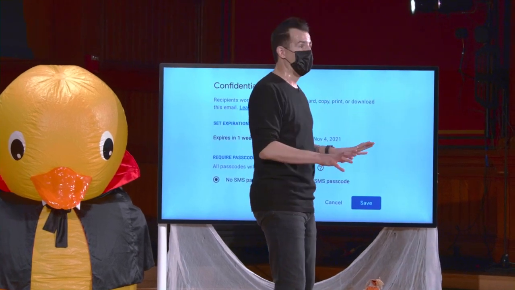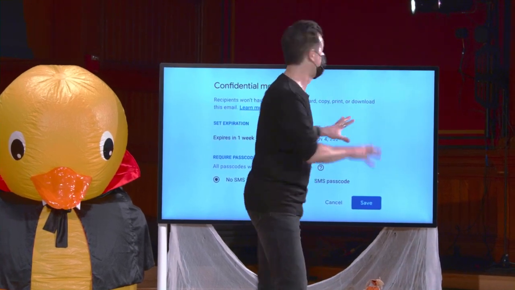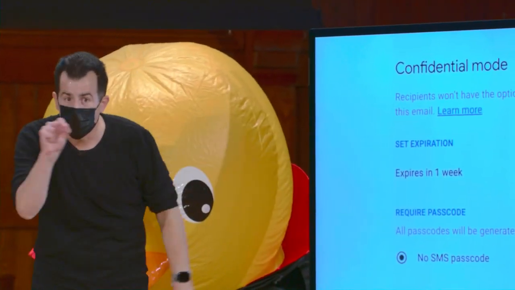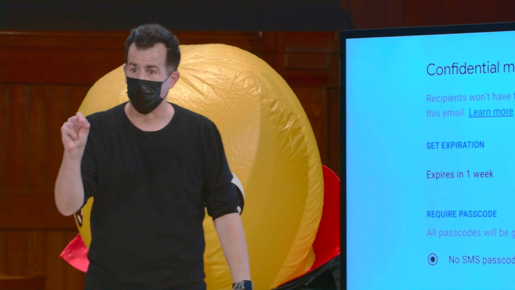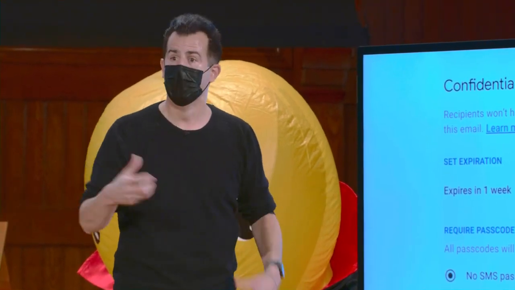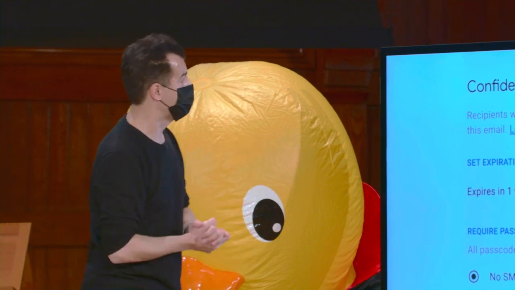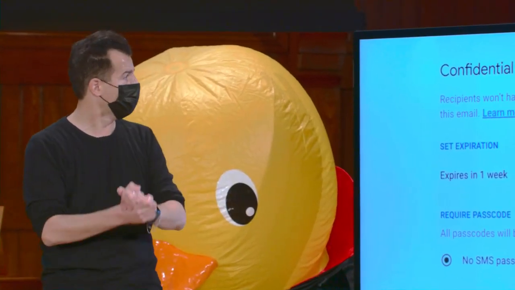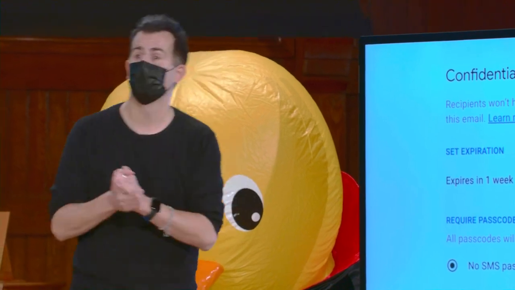And I worry now that I'm introducing you to a feature that you shouldn't necessarily use. But all this time, if you're a Gmail user, there is along the little menu bar an icon that lets you enable confidential mode. And later tonight, play around for it. Just look for it, and you'll see exactly the screenshot which I took yesterday. According to Google, recipients won't have the option to forward, copy, print, or download this email. Right? Great for lawyers, it would seem. Great for business. Great for private correspondence.